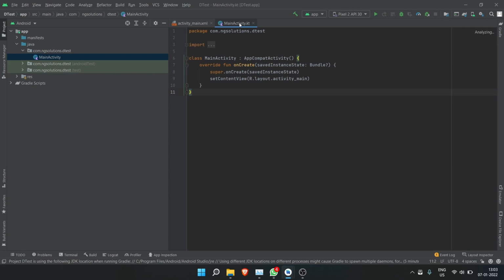Okay, so if we go in main activity.kt, this is the Kotlin file where you can start the coding. If you remember, there was one main function. Here there is no main function, because you can assume the onCreate function as the main function. Just leave these two lines as they are. These are the default lines which come whenever you add a new activity. Start writing your code over here. And let me check if the further content is present in the new recording.